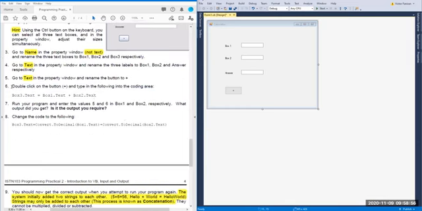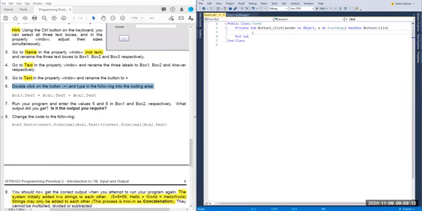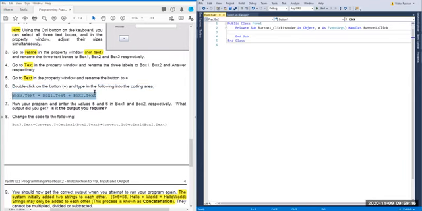So number 6 says double click on the button and type the following into the coding area of the button. Now we want to add VB codes to the button to make our form work or function properly. So if you double click this button, it takes you to the programming area, and then type in the following: